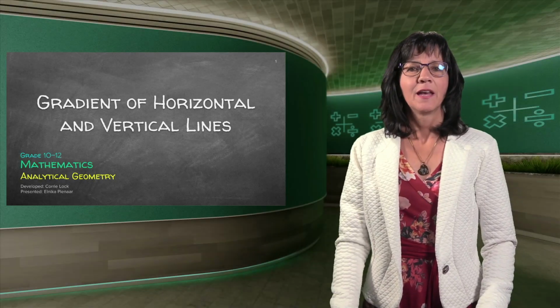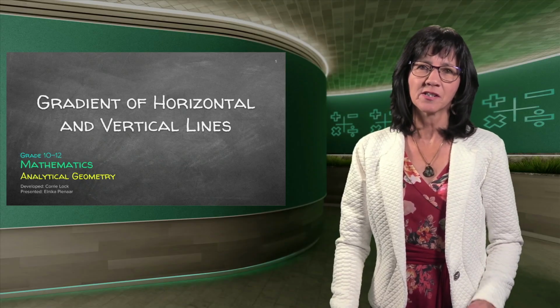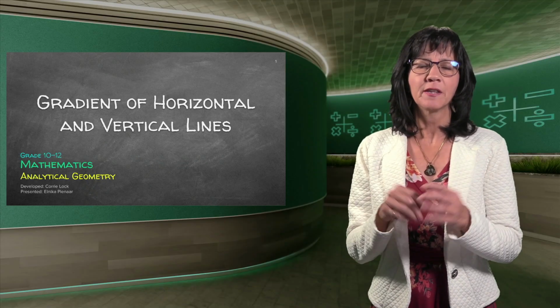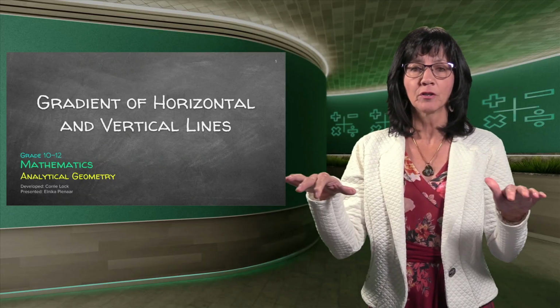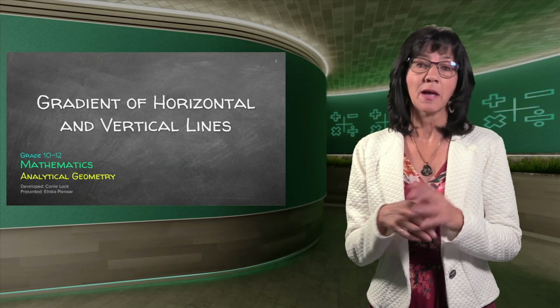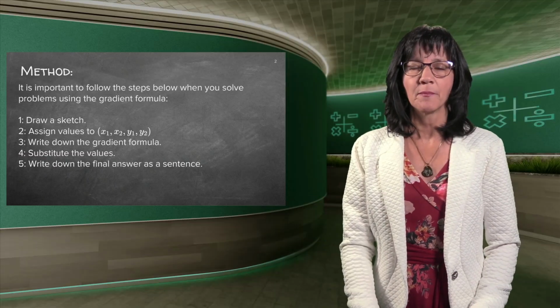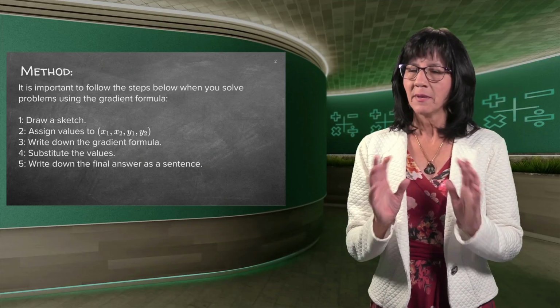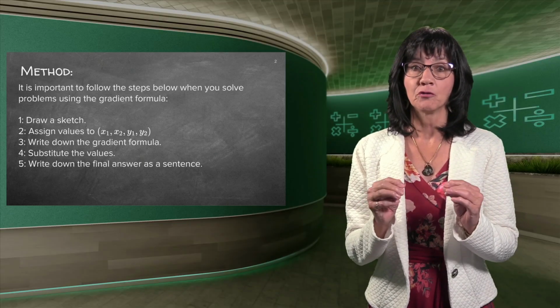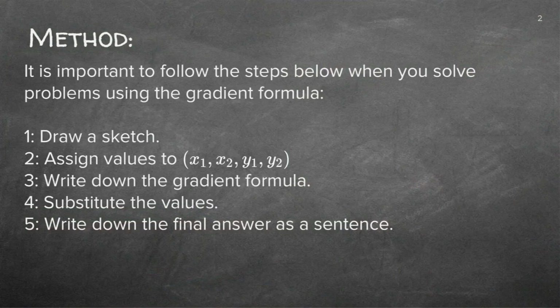Hi guys. Today we're just going to carry on with the gradient, and you can remember how easy the last lesson was. It's just two specific things that we have to look at, if it's a horizontal line or a vertical line, because maybe we'll see in a minute's time, maybe there's something different, maybe not. Now, as usual, the method is very important. By now you should really know this method probably off by heart. So let's just go over it again quickly.